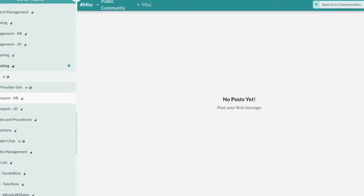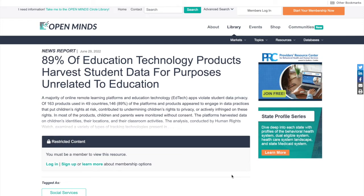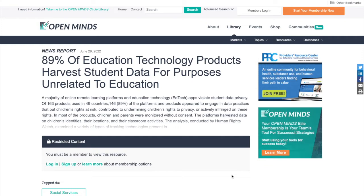All right, I wanted to get started with this news article. 89% of education technology products harvest student data for purposes unrelated to education. This is a limited article, but it's packed with information. A majority of online remote learning platforms and education technology apps, EdTech apps, violate student data privacy. Of 163 products used in 49 countries,